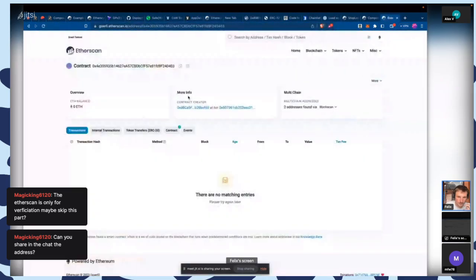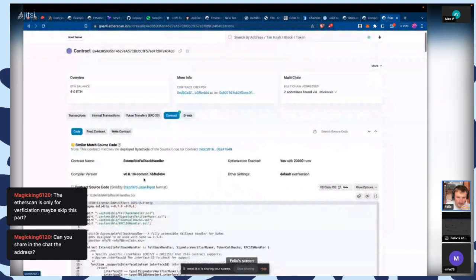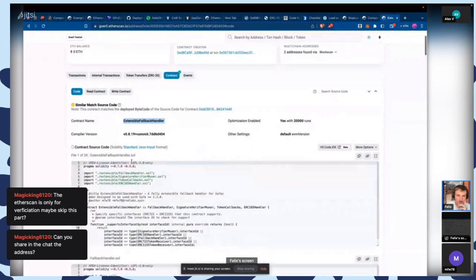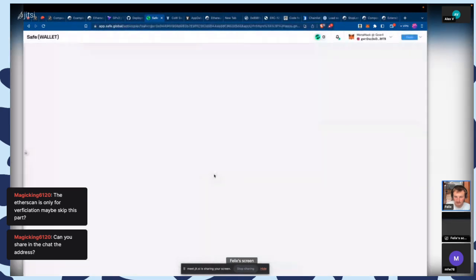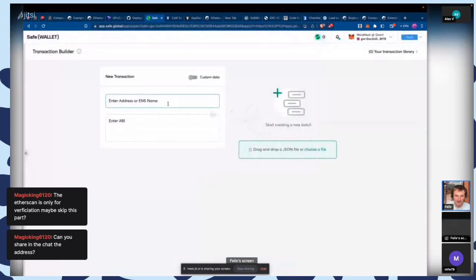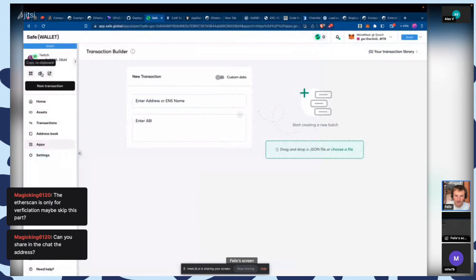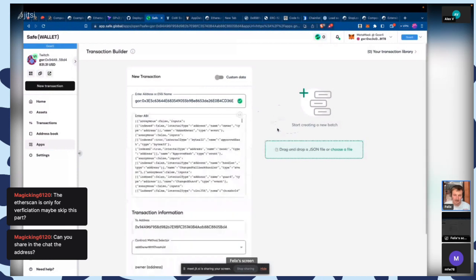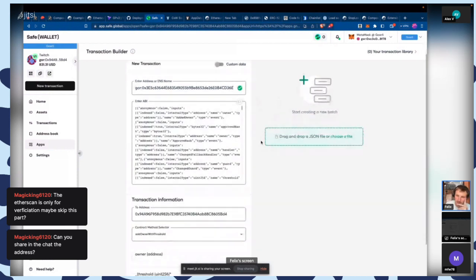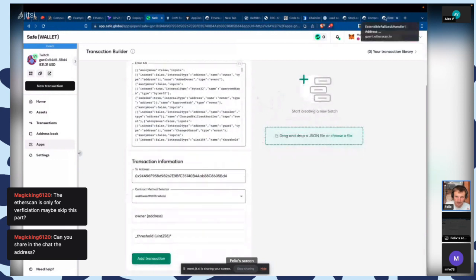Yeah. So this is a deployment of the extensible fallback handler that we discussed. This is the thing that I first need to configure my safe with, so that my safe can speak different implementations of EIP1271. This transaction is somewhat risky in that you should really trust the fallback handler that you're setting on your safe. If you set a bad fallback handler on your safe, that can potentially have access to all your funds. And so it's very important to make sure that the extensible fallback handler, or whatever fallback handler you set,